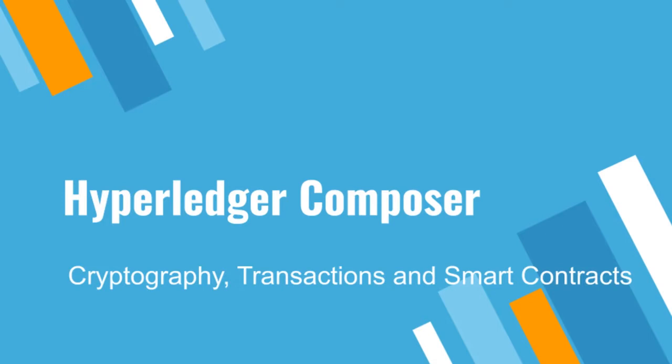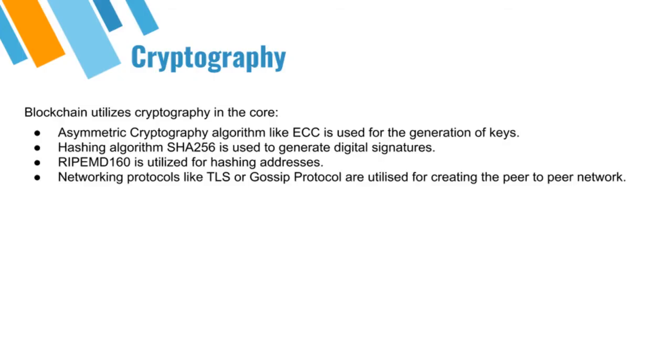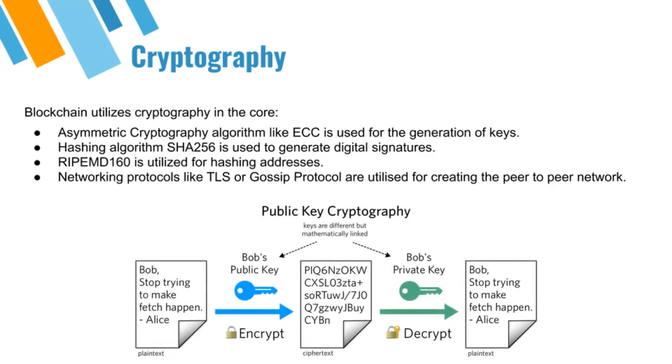So, after understanding what distributed ledger technology is, let's go and understand some of the key concepts which actually make up the distributed ledgers or blockchain. One of the primary concepts used behind distributed ledger technology or blockchain is cryptography. Cryptography is the security algorithms which provide the encryption, decryption, signature and verification of data over the blockchain or distributed ledger technologies. ECC is one of the major algorithms, an asymmetric cryptography algorithm used behind blockchain.